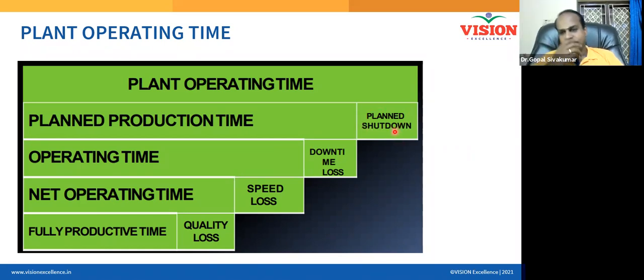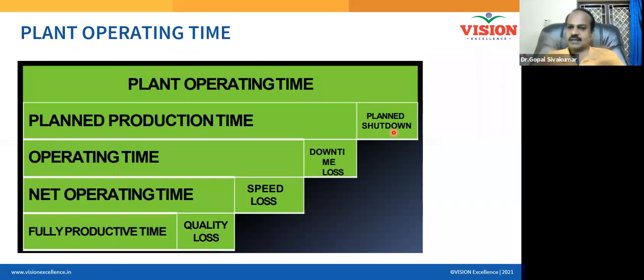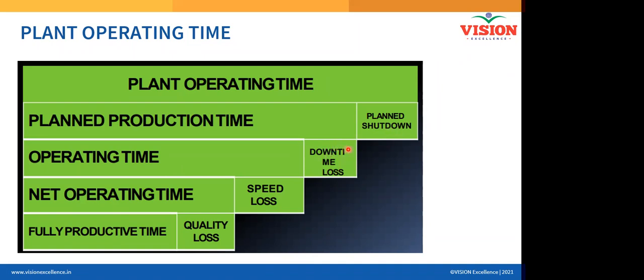Yes, sir. Right. Sometimes what happens, the declared lunch time is 30 minutes. But sometimes they may consume 35 minutes. Am I correct? Yes, sir. So if the operator doesn't switch on the machine in 30 minutes, it takes an additional 5 minutes or 10 minutes. That becomes additional downtime. Over and above the planned maintenance, if any breakdown happens, that will be a breakdown maintenance. And that is again called what? Downtime loss. Do you now understand what is downtime loss?